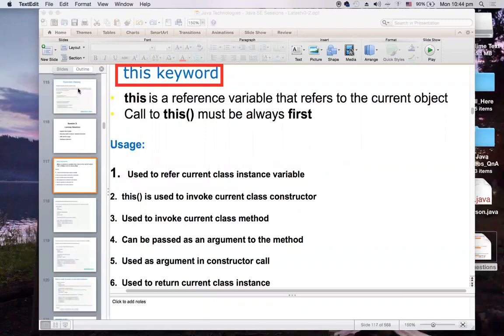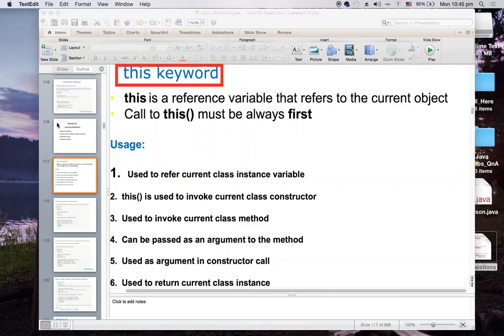This is a reference variable that refers to the current object. That means whenever we use this in a Java program, it refers to the current object.